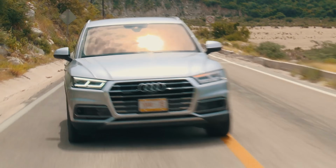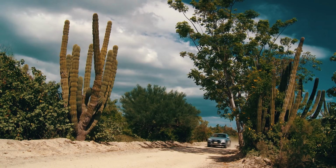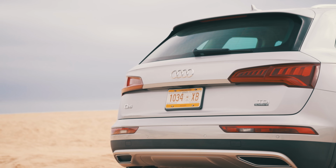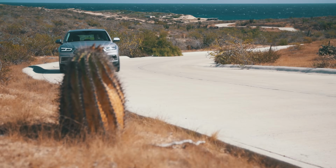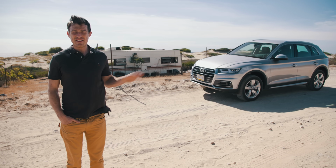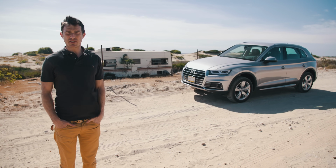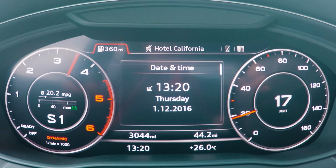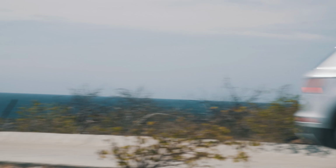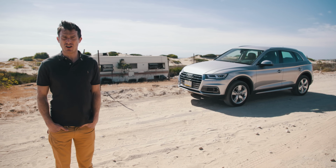The Audi Q5. They're like cactus in Mexico. You see them everywhere. That's because it's the world's most popular mid-size premium SUV. Now this is the all-new Q5, and Audi makes some pretty bold claims about its performance, drivability and technology. And so in this video, I'm going to be testing these claims out in a very scientific fashion